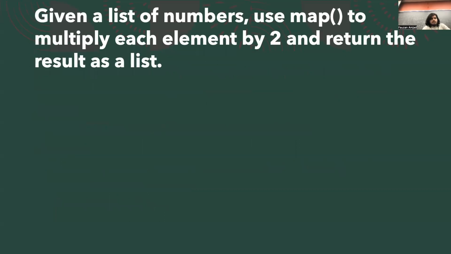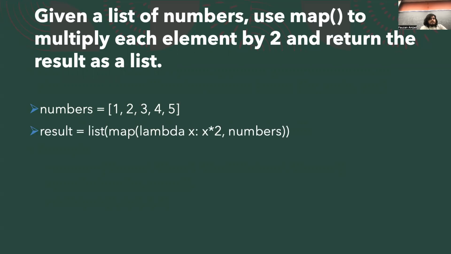Okay. So let's say we're given this problem: given a list of numbers, use map to multiply each element by 2 and then return the result as a list. So there's 2 ways that you can do it. You can create your own method, or you can use lambda. I think in the solution here, I used lambda. And so we have a list of numbers 1 through 5. And so we have this result that we're going to put the answer in, and we use the